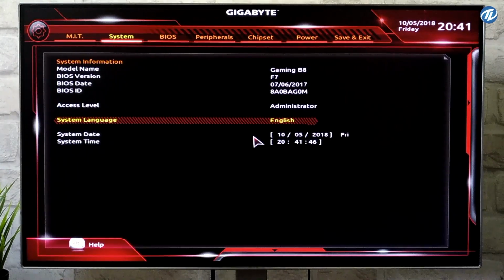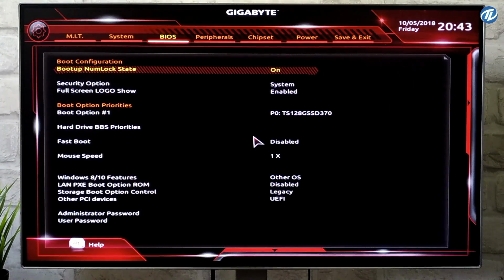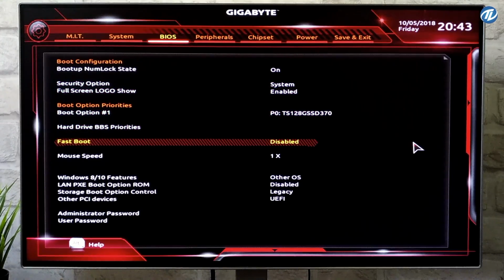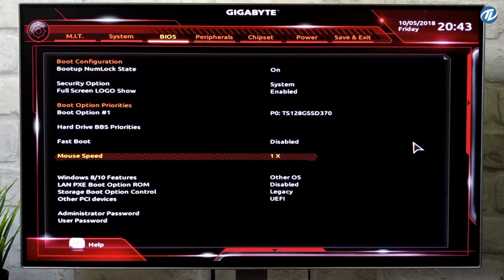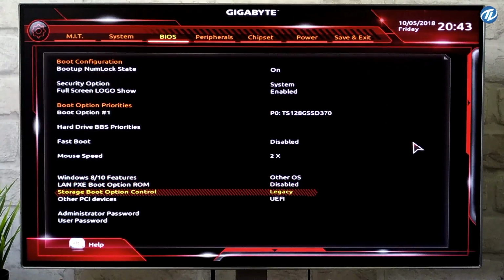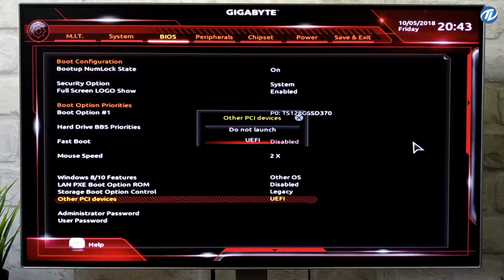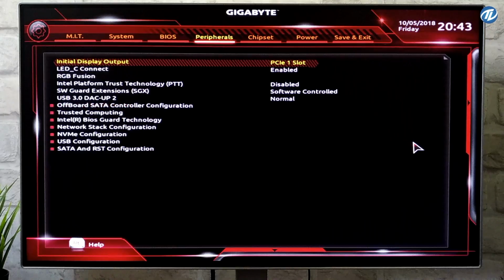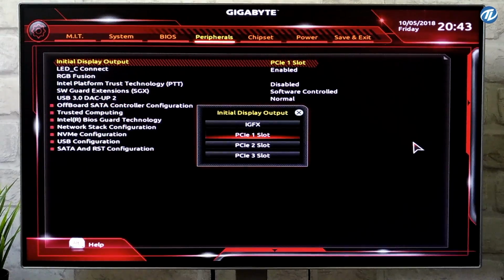Now as you can see, the BIOS version is F7. Go to the BIOS tab, set fast boot to disabled, set mouse speed to 2x, set Windows 8/10 features to other OS, and make sure that the storage boot option control is set to legacy and the other PCI devices to UEFI. Go to the peripherals tab, set initial display output to PCIe 1 slot,